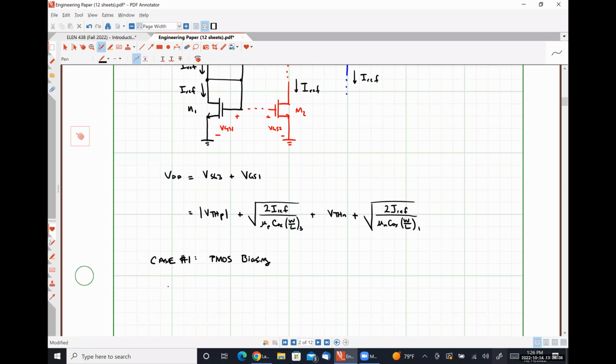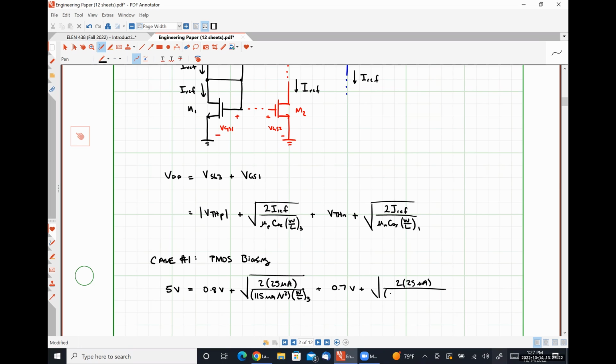So we would have 5 volts is equal to 0.8 volts plus the square root of 2 times 25 microamps over 115 microamps per volt squared times the aspect ratio of W over L 3, which is what we're solving for, plus 0.7 volts plus the square root of 2 times 25 microamps